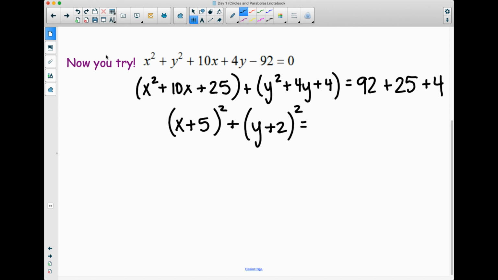All right, Carter, what'd you get at the end? Oh, 121. Nice, Carter. That's what I got. So a couple of things I want to make sure you don't forget. One is this plus sign right here. People forget it all the time. Also, don't forget that this is X and this is Y